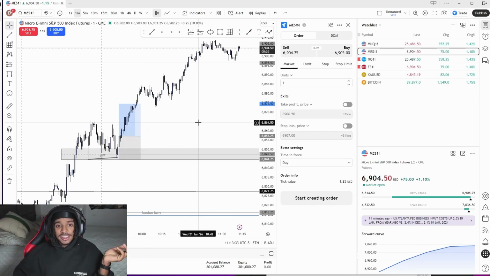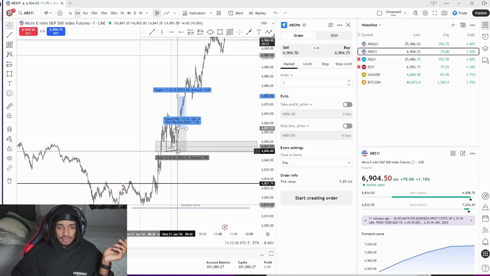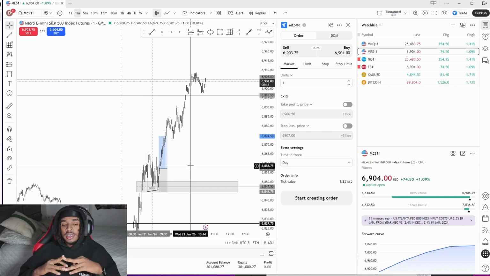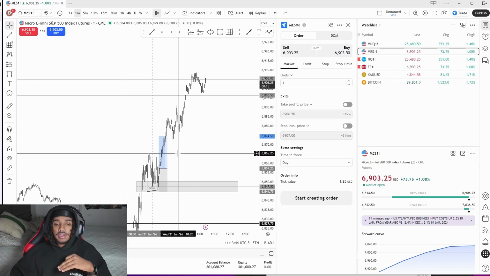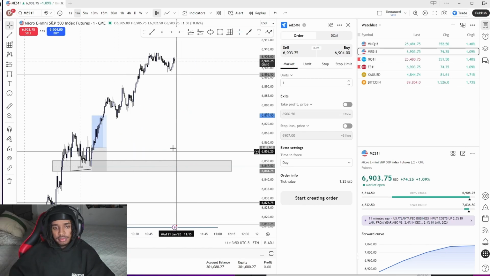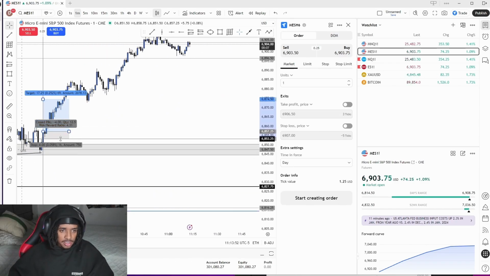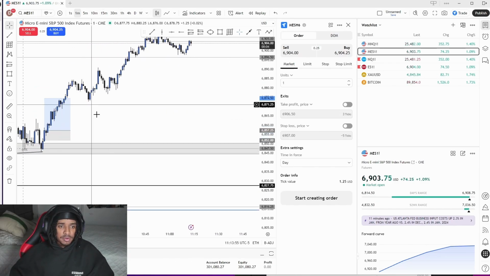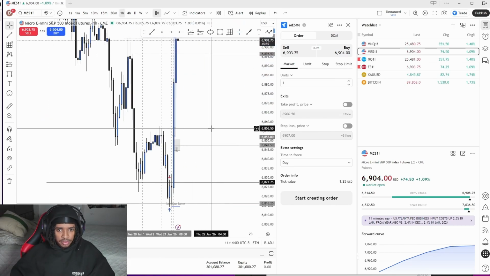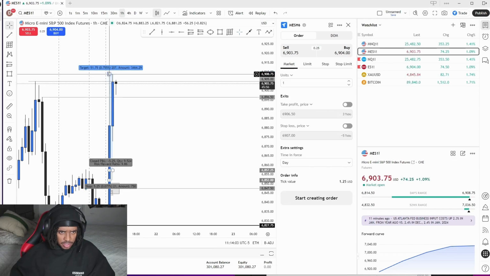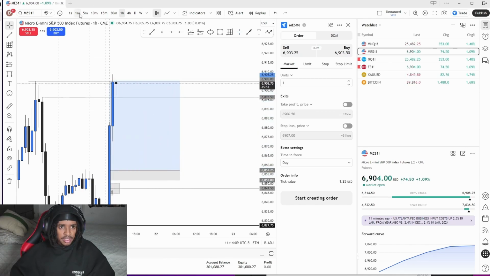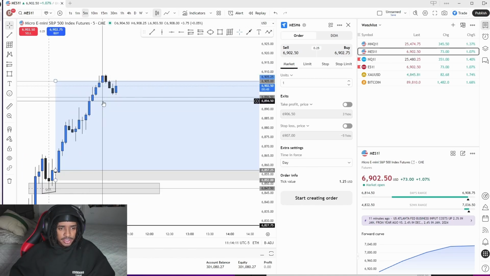Risk about 250 on this one. It was right here, 3 contracts. When it hit here, I think it was around here, I took a $50 trade. I took 1 contract out, so I'm up 50. And what happened? I moved my stop loss all the way to here, and we were aiming all the way for the equal highs. I think on ES we had equal highs. We took our trade all the way to here, and that was a clean trade.